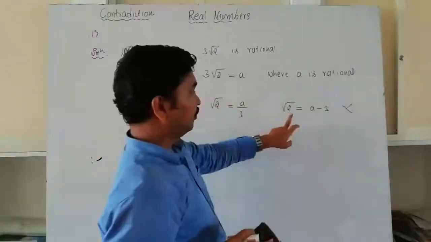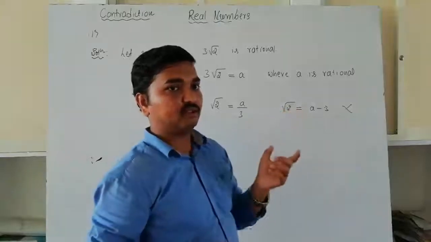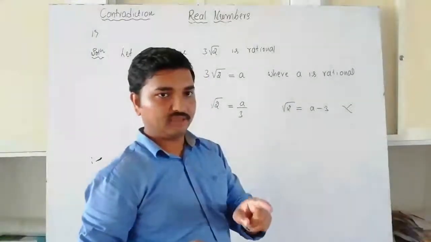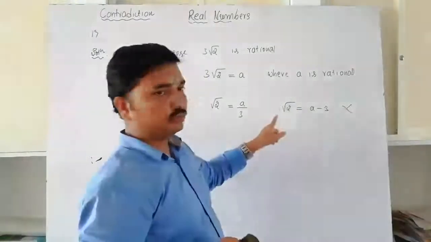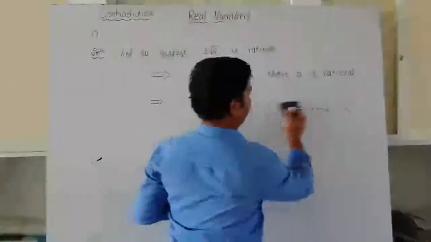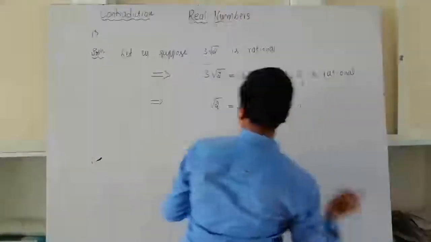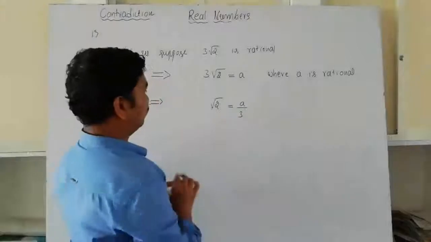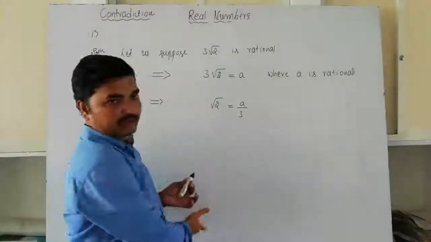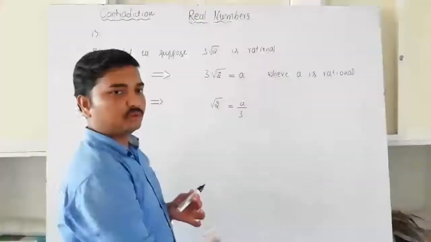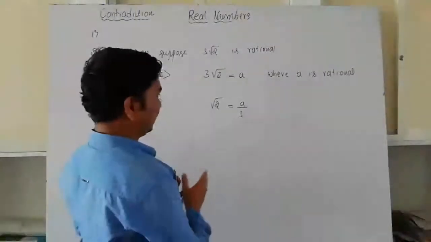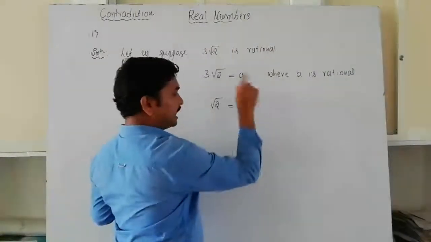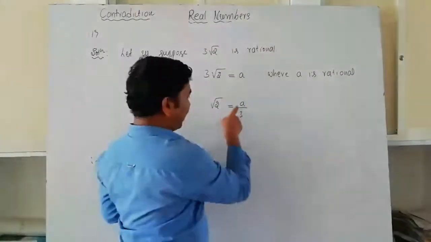Remember, I'm going to show you what mistakes you will make in the examination or in the test. So you need to note down all these points that I have told. Remember a by 3. Next, after that you need to write the conclusion as it is. I'm not going to write that one. Now look at the conclusion here. a is a rational number divided by 3.